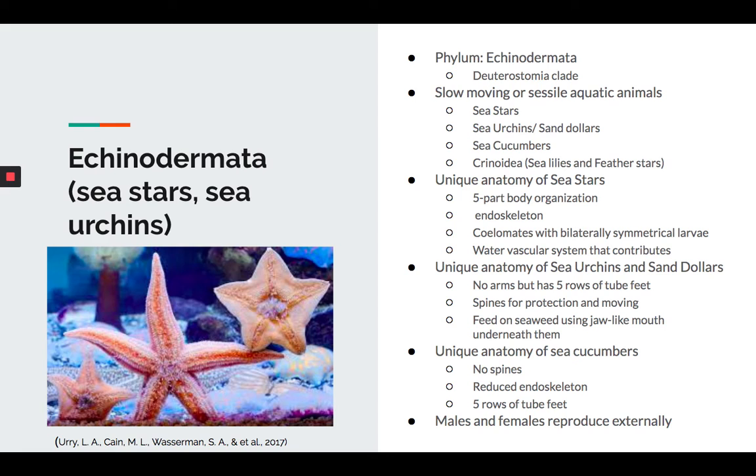Echinoderms are marine animals that are either sessile or slow-moving. Sea stars have an endoskeleton made of hard calcareous plates and a thin epidermis to go over it. These 5-part radially symmetrical animals have a water vascular system that uses hydraulics pushing through their tube feet as a means of movement and attaining food. The echinoderms, or sea stars, reproduce sexually and create larvae that are bilaterally symmetrical. Although they appear radially symmetrical, they are not truly radial because of the opening of their water vascular system that is not centralized within